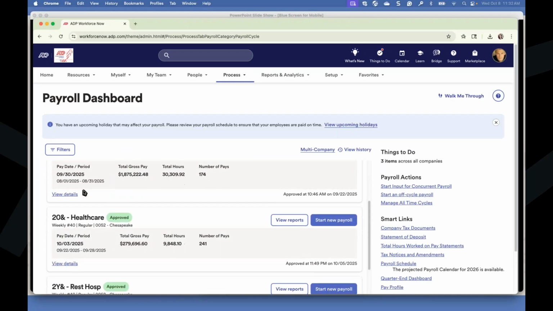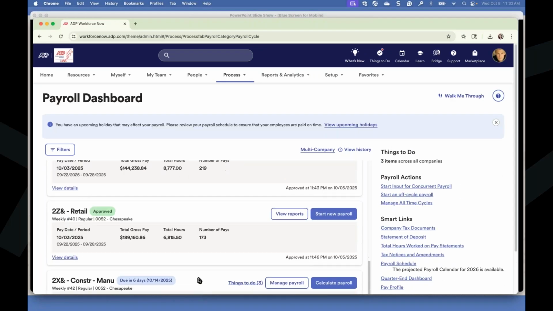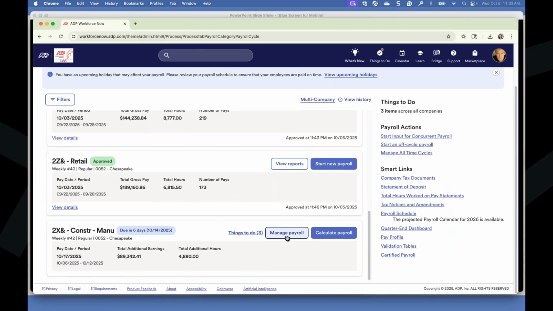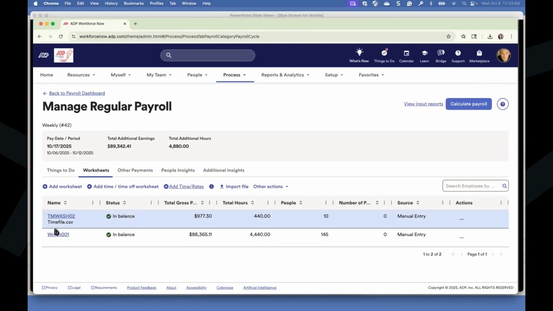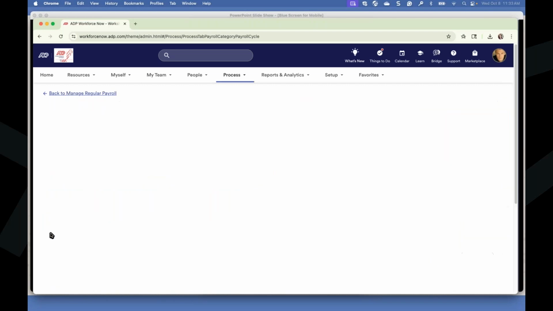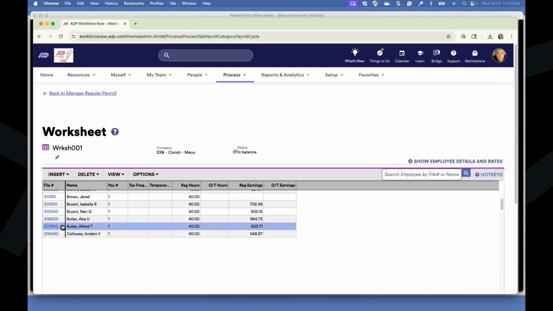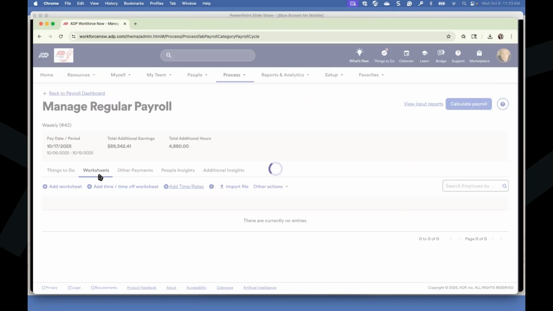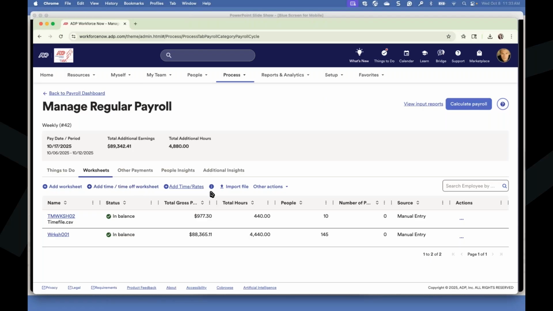So if I come in here and I access my construction dashboard for payroll, you can see I've gone ahead, I've entered in my work information. All of this comes through to the workbook from everywhere else. You can double check everything, make sure it looks good. But in addition to that, we all know that you're not always going to use ADP's Essential Time. There are other options, of course, bringing in from other areas, third-party time. We can do import files. We can add additional time and rates in here and capture all of that. So there are different options for you.